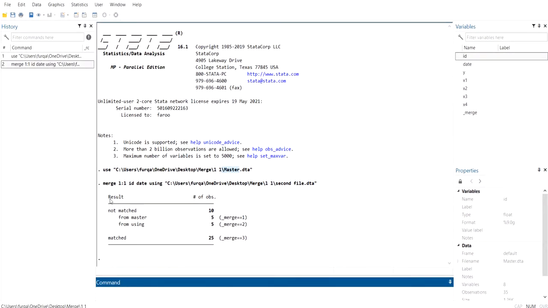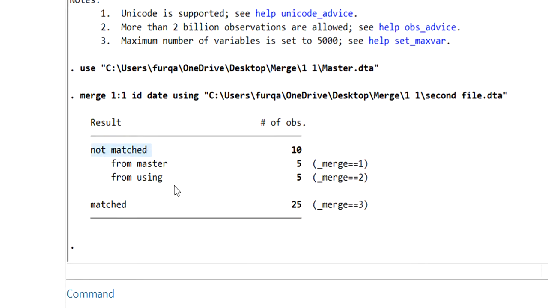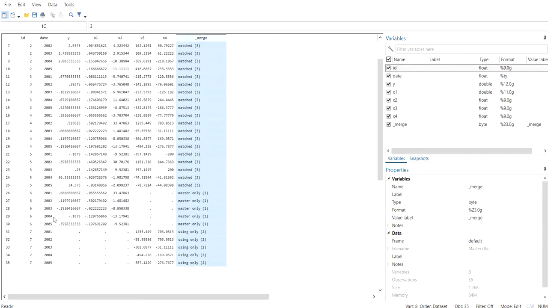Here you can see there's a result in which we can see not matched. There are 10 observations which are not matched, and there are 25 observations which are matched in our data set. If you go over there, you will see now we have y, x1, x2, x3 and x4. So this is the result that we have got over here. If you see, there are some missing values of x3 and x4.